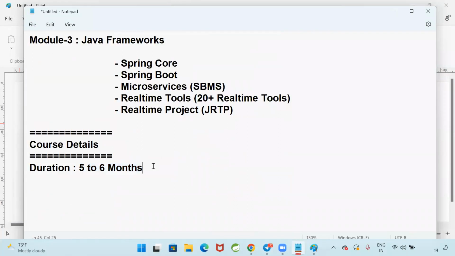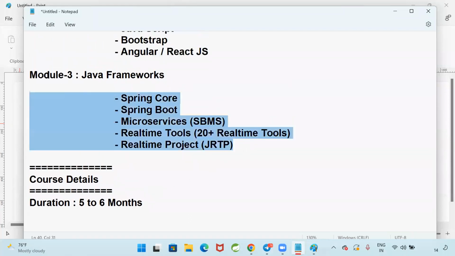I will tell you, in 2012, I learned Java in Ameerpet only by spending 1.5 years. Ten years back, where was full stack? This module 3 was not available.